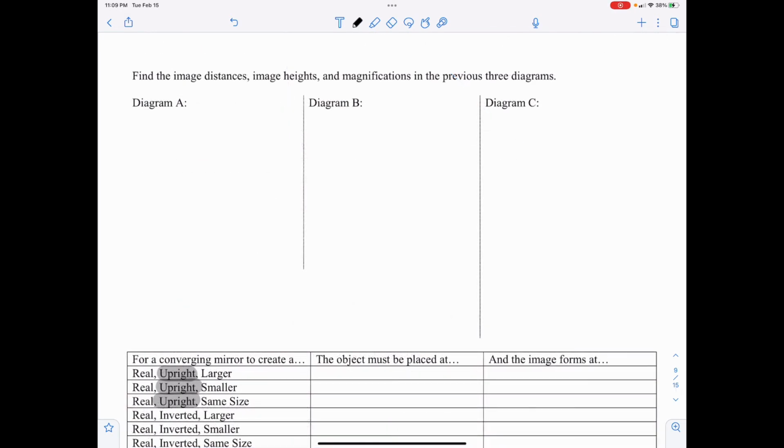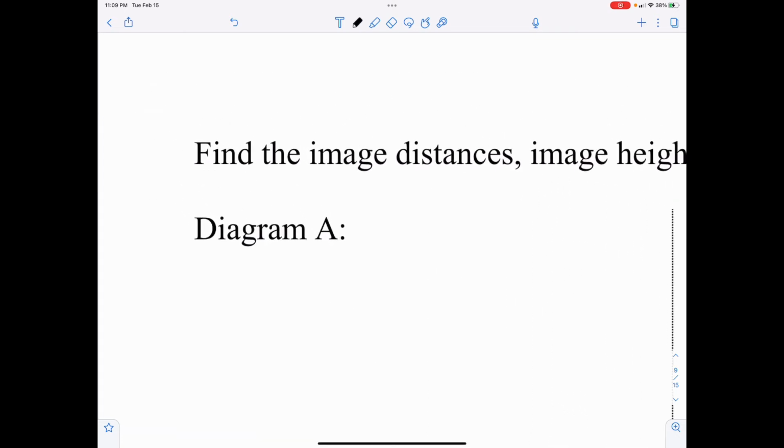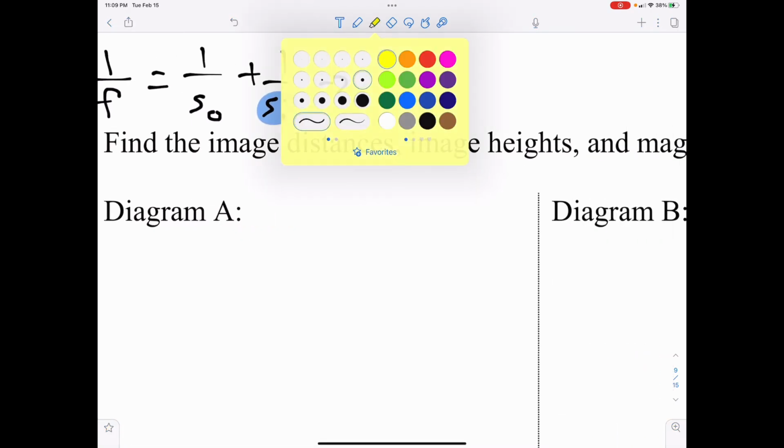Find the image distance, image heights, and magnifications in the previous three diagrams. Okay, so let's write down some information. Before we do, let's take a look at how we would solve for these values. If the mirror equation is 1 over the focal length equals 1 over SO, the object distance, plus 1 over SI, the image distance, to solve for SI, we would first solve for 1